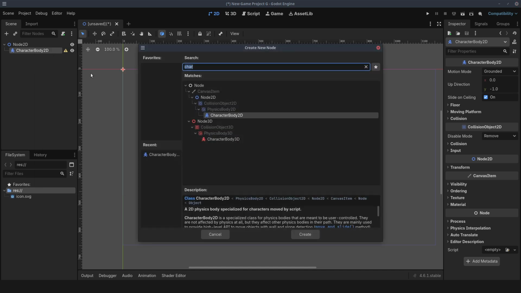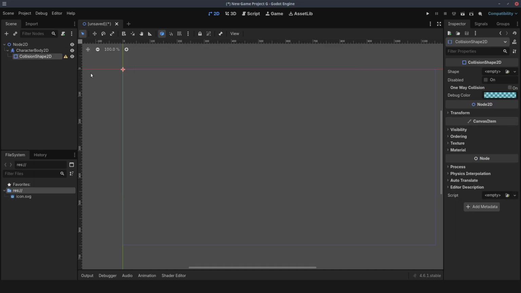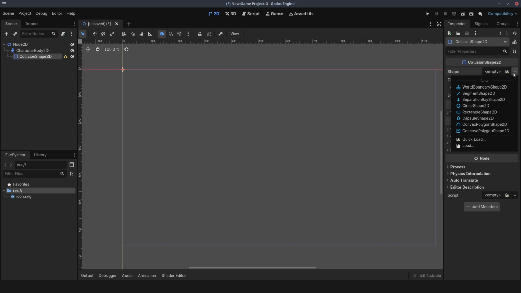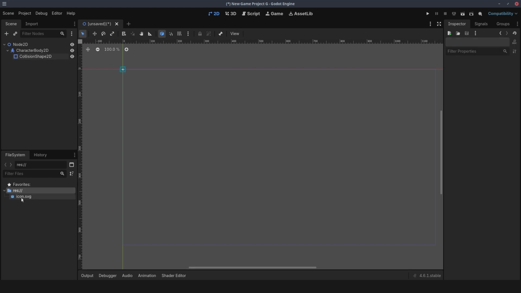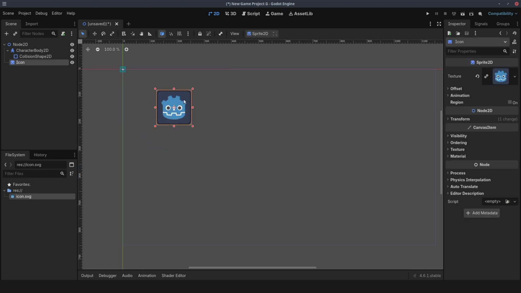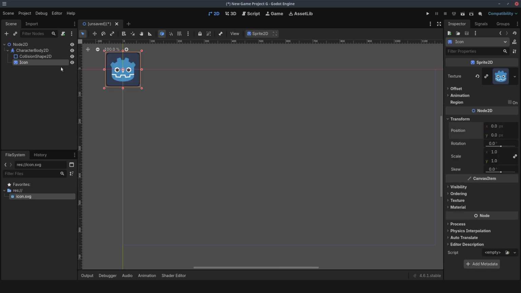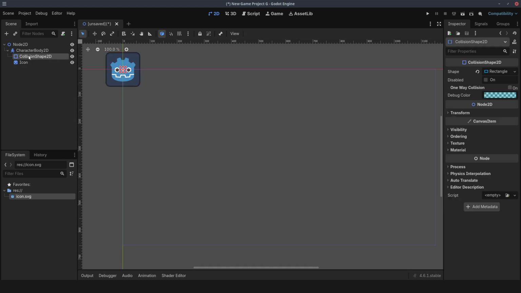And let's add a collision. Let's add a rectangle shape. And now for the body. Let's move it to the character body, reset the transformation, and let's resize our collision shape,